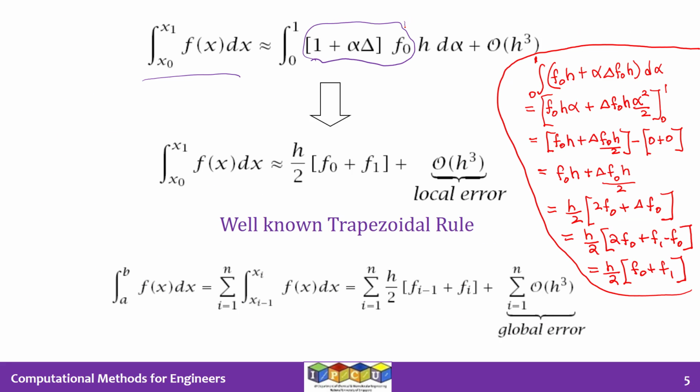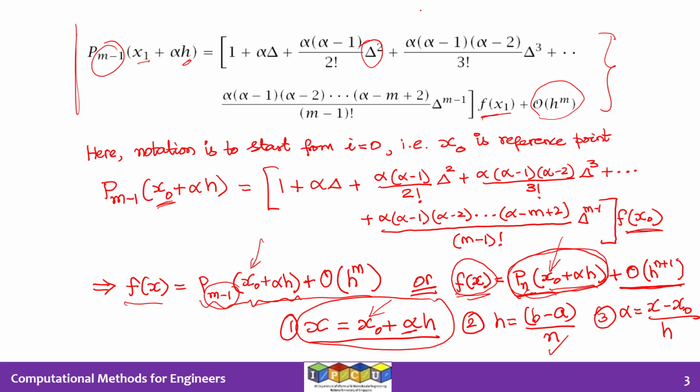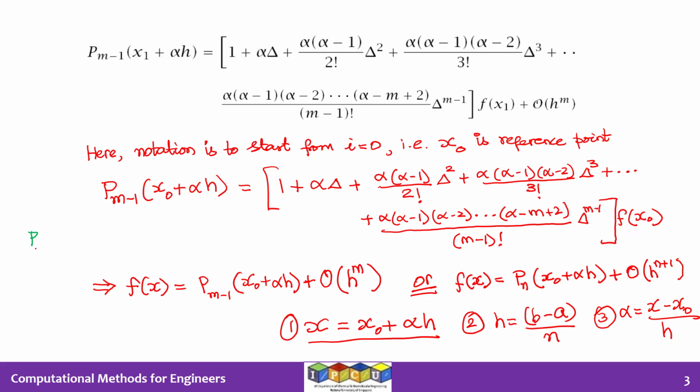Let's see whether this is p1. Let's go back here. I'm going to replace m minus 1 by n. That is what we already said. When we use n is equal to m minus 1, pn of x0 plus alpha h is going to be